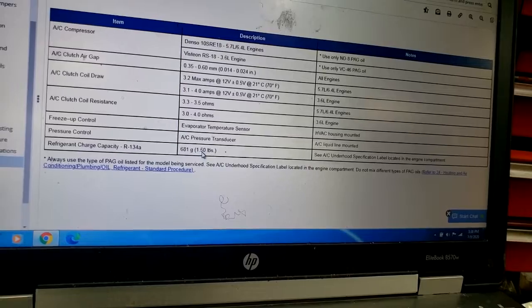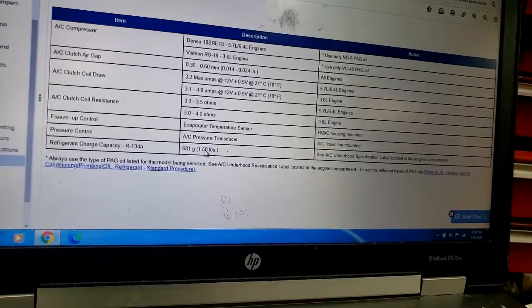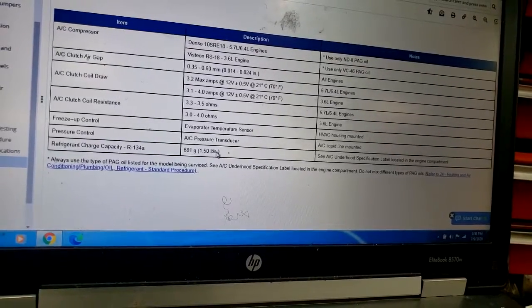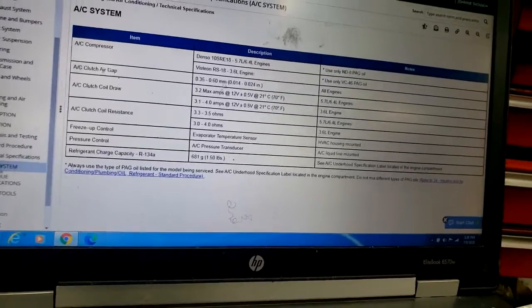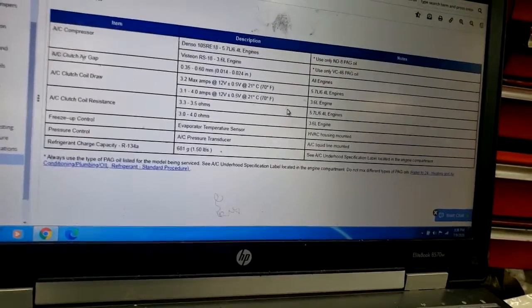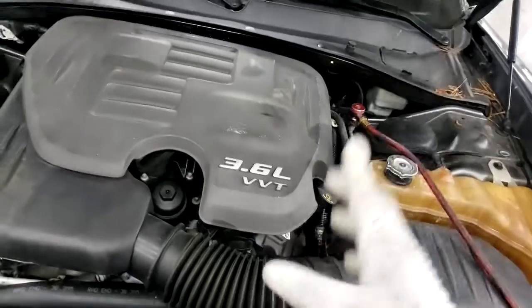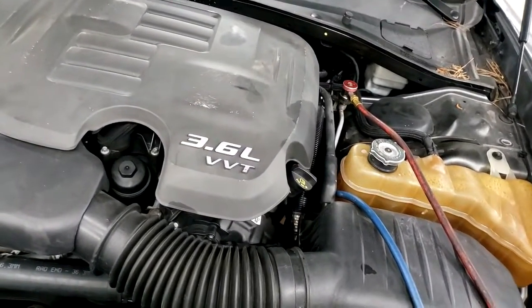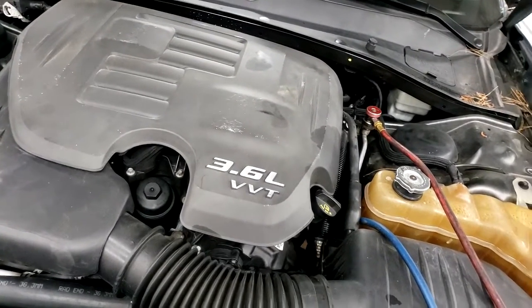So 1.5, let's go half of 16, which is 8. So 16 plus 8 is roughly 24, right? So 24 ounces of Freon is what this car holds according to the Chrysler database. So guys, let's go back to the car. If you face this type of scenario, please look it up. You do not want to be in a situation where you install the wrong amount of fluid or